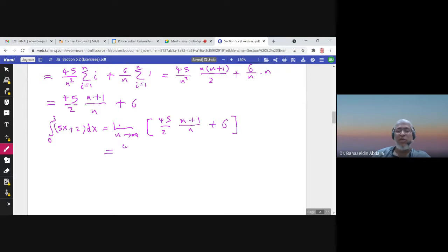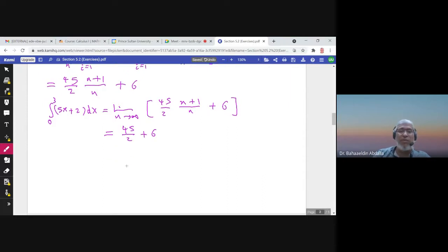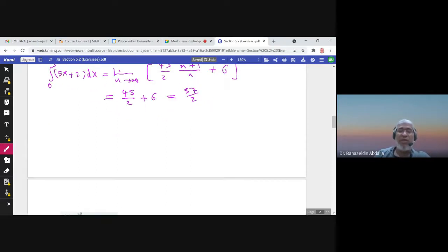So the answer is 45 over 2 plus 6. I can check my answer by using the definite integral button in the calculator. So I ask it to find the integral from 0 to 3 of this function, and the answer by the calculator is 57 over 2. So is 45 over 2 plus 6 equal to 57 over 2? You can check the calculator, and yes, the answer is yes. So our answer is